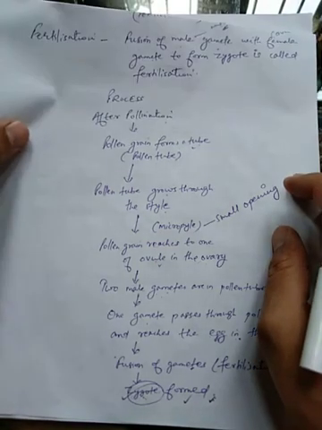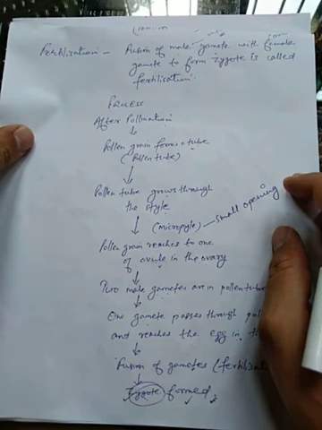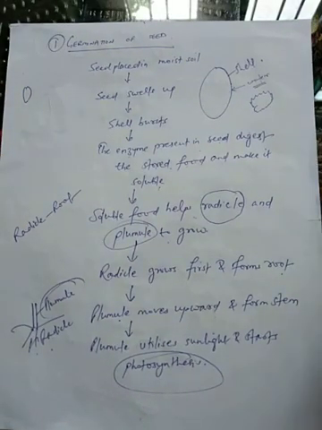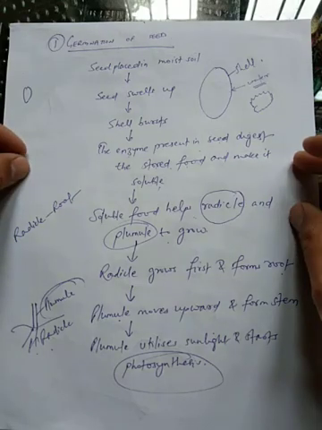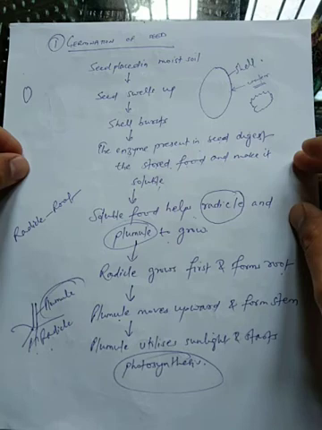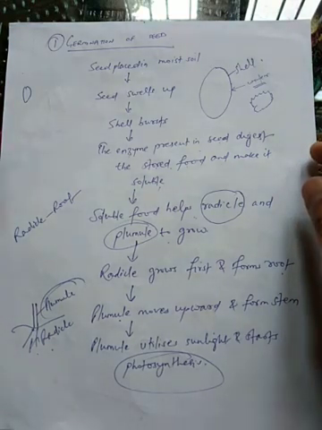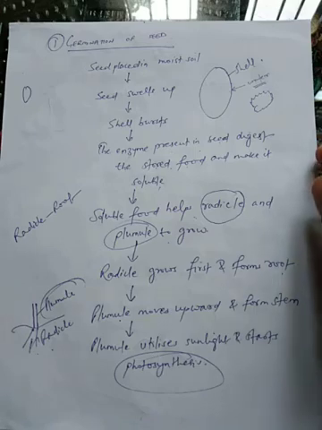So now the next process which happens is germination of seed. Now students, you all know germination is a very important process, and for germination different conditions are required. For the process of germination to be completed, the seed is supplied with some important factors like proper water, proper soil, proper minerals.